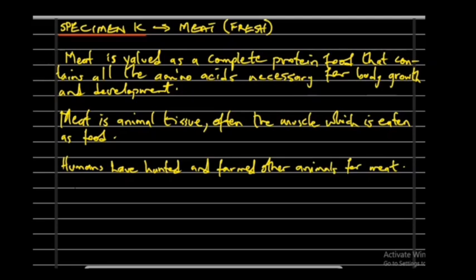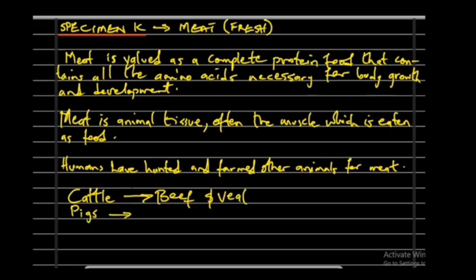The meat from cattle is called beef, or veal. The meat from pigs